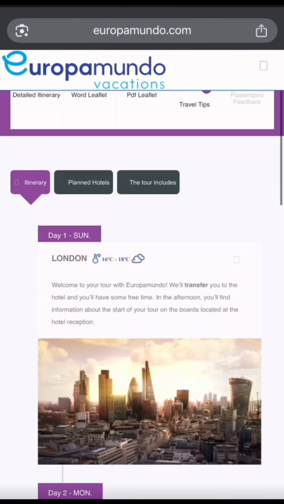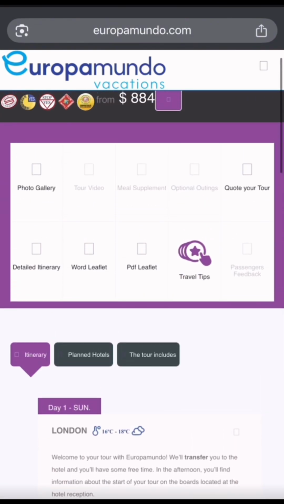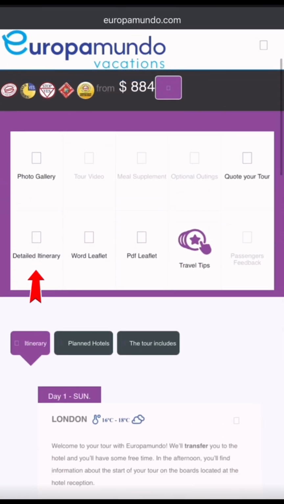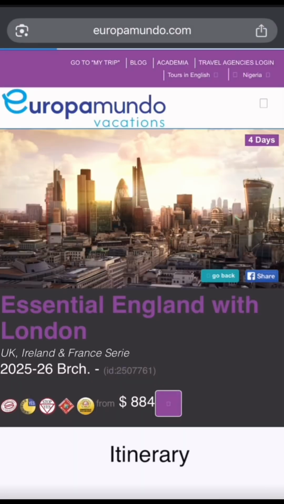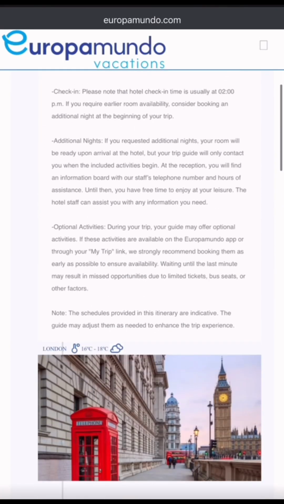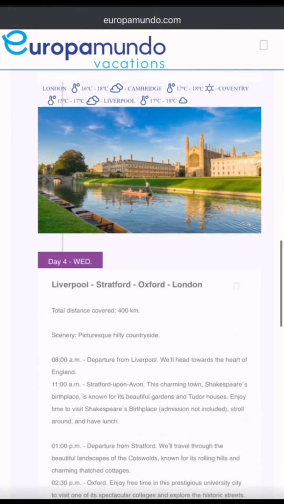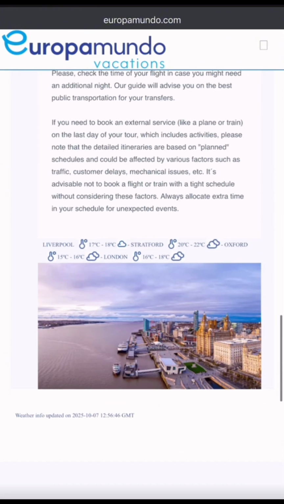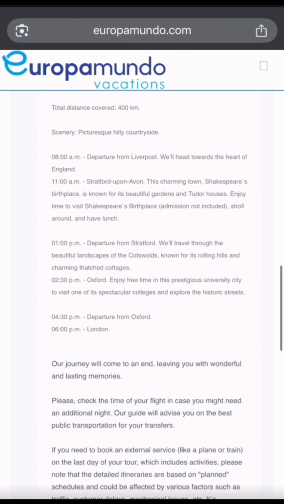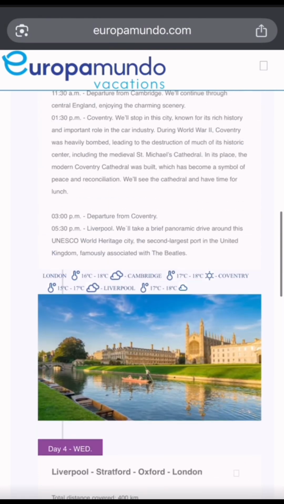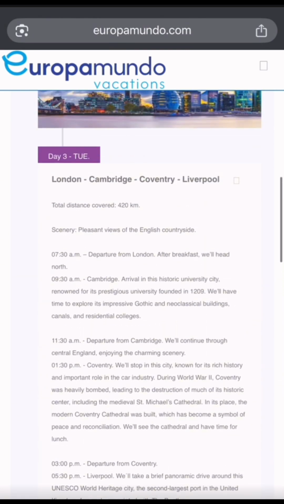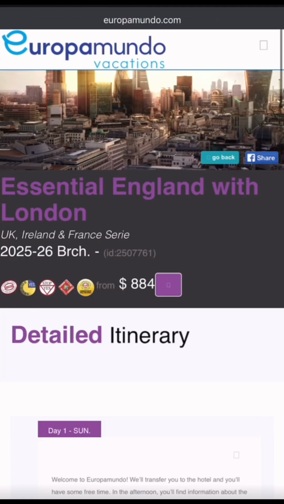But if you would want a more detailed itinerary, you tap here. Detailed itinerary, and voila. You have something that is way more detailed than the initial one. The initial one is just a summary. On this very itinerary for day 3, for example, you see that by 7:30 a.m. you're leaving London and you'll be heading north. By 9:30 a.m. you'll be in Cambridge. Then when you go back,